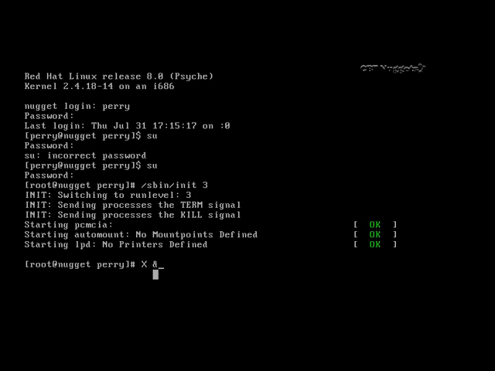Remember that from the introductory videos too, this will start X Windows as sort of a background process. And again, our screen resolution is going to change, and you're going to see a real primitive version of X Windows showing up here in a second. So I'm going to hit enter, and then we're going to see the primitive version of X Windows pop up here. All right,